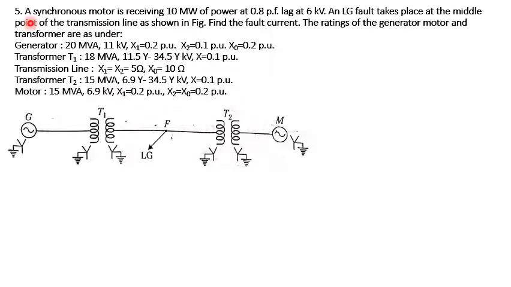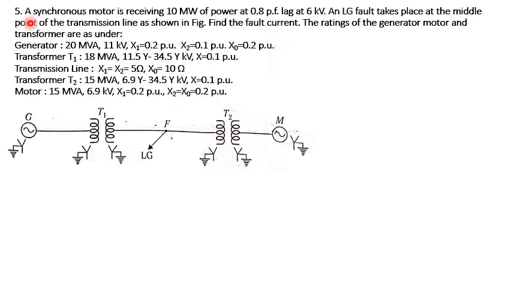Now move on to the next numerical. This is a lengthy numerical. We are going to use the knowledge we gained from modules 1, 2 and 3 in calculating the value of the fault current. You need to be very careful here, and we need to follow step by step, then only we will get the answer.